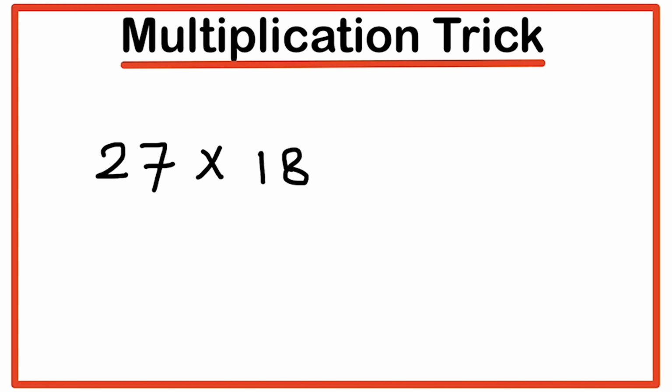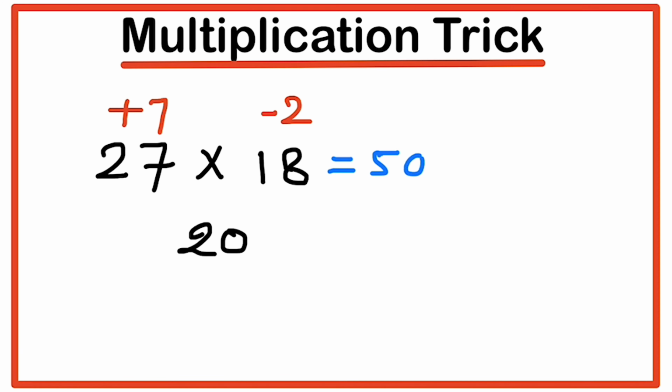So here also we can see, if we take the base as 20, then it will become easy to calculate. Okay, so I will tell you some other examples as well where the base is different. So see here, I just took the base as 20. We just have to add 7, so plus 7, and here it will be minus 2, right? Now the same thing we will do, add these two numbers, so it will become 25, right? And then multiply that 25 with 20, so that will become 500, right?